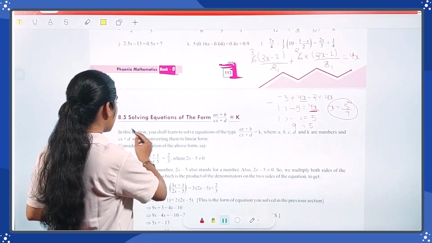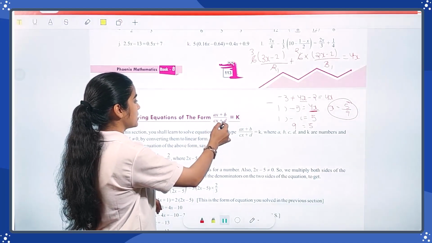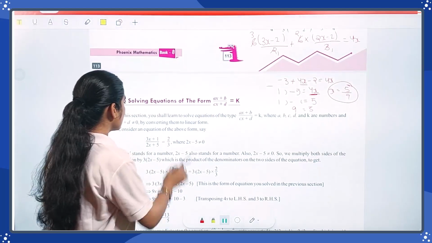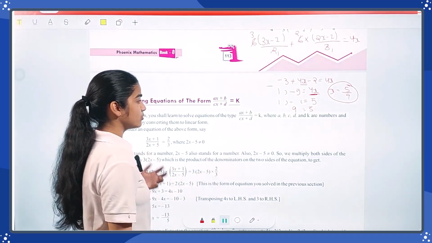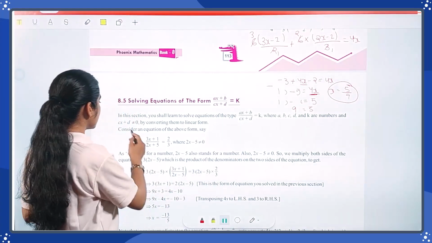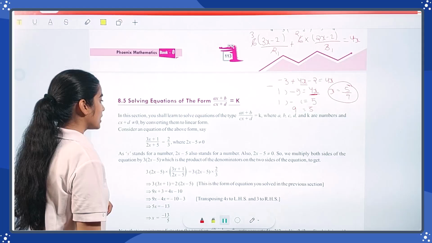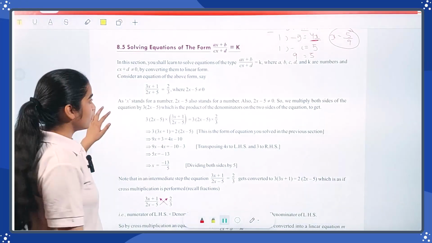to your exercise. Now, solving equations of the form (ax plus b) / (cx plus d) is equal to k. In this section, you shall learn to solve equations of the type (ax plus b) / (cx plus d) is equal to k, where a, b, c, d and k are numbers and cx plus d is not equal to 0, by converting them to a linear equation. Consider an equation of the above form,